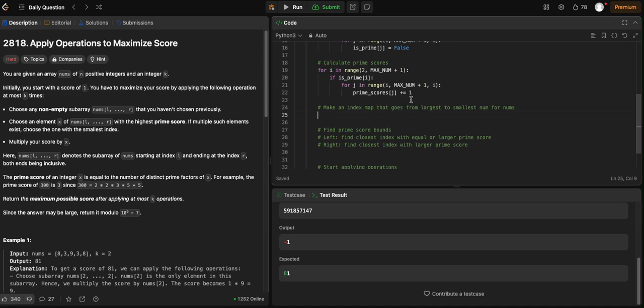So we can do something like nums with index. Just call it nums index. So we want the num first, so nums. We want the actual number, and then we want the index. For index, num in enumerate nums, and then we want to sort nums